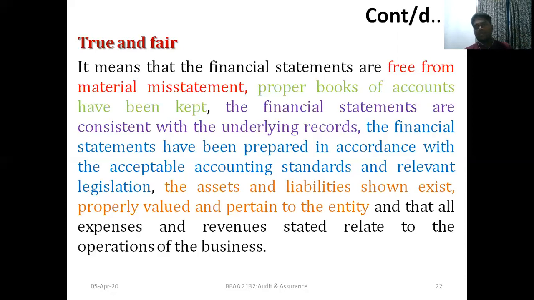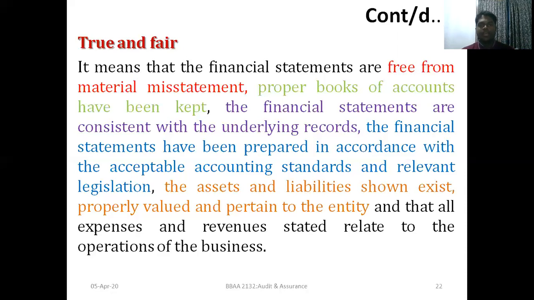But take another example, a grocery shop in your area. If the grocery shop is audited and a 20,000 mistake happened, that would be very serious. From the grocery shop's point of view, that's material. It means the financial statements are free from material mistake. There's no big mistake. There's no fraud.